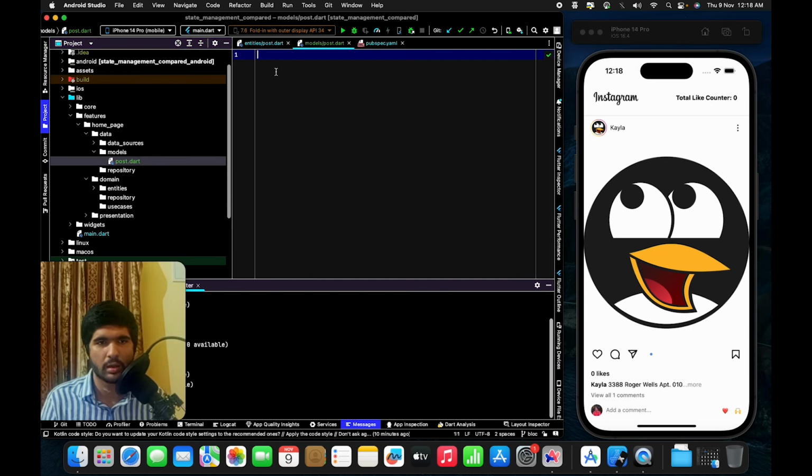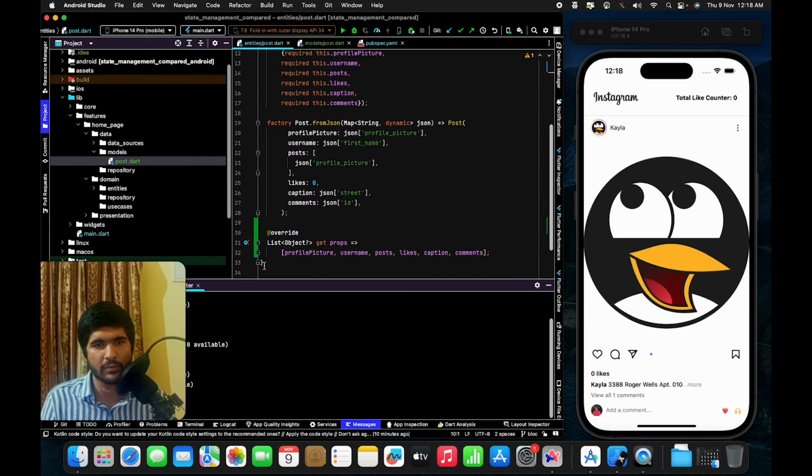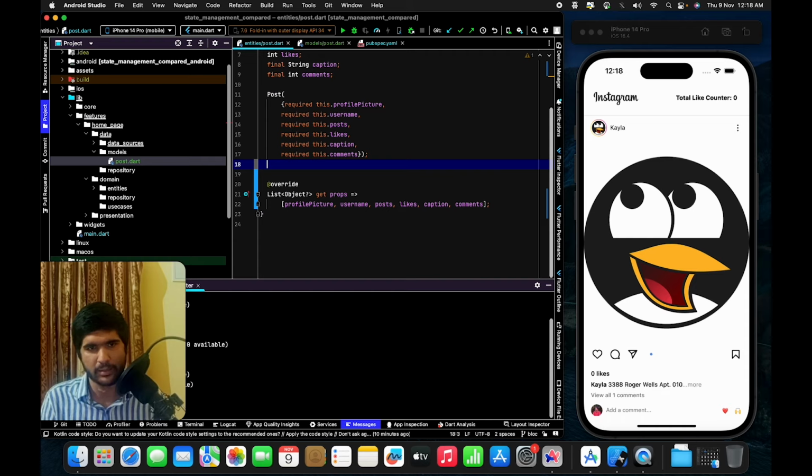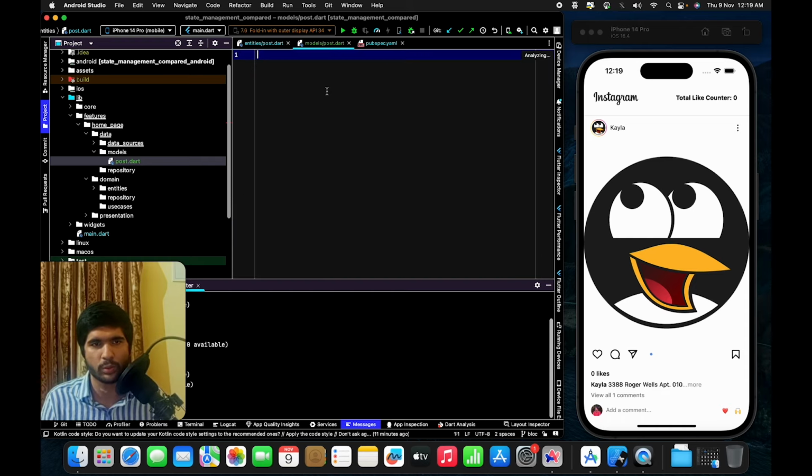add post.dart, and here we will not be having this fromJson. So entity, what it means is that there only will be the business entity, the logic of the model that we are having, only that we will pass. All of the parsing and all the fromJson, from dict or any other source that we are parsing from, that we'll add from our data layer, not inside our domain layer. Inside the domain layer, that will not change. So I'm going to take the factory method out, and that's what we are going to put right over